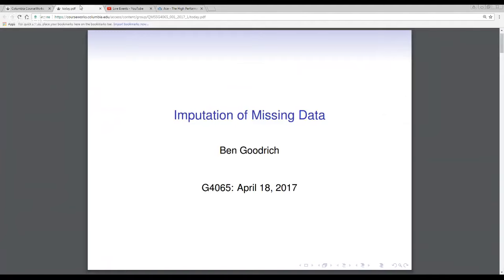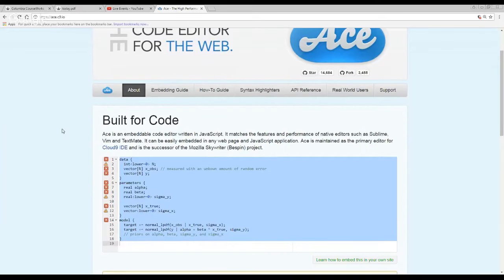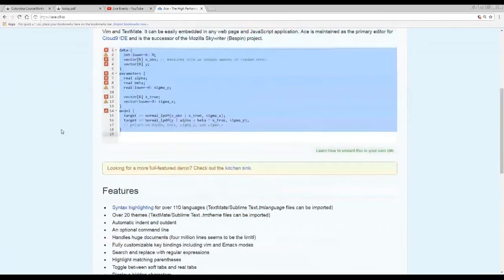Okay. So I didn't put this on the slides, but before we start thinking about missing data, we can think about the case where we have data that are observed, but we know that our measurements of the data on the predictor X have measurement error in them. So measurement error is one of these odd